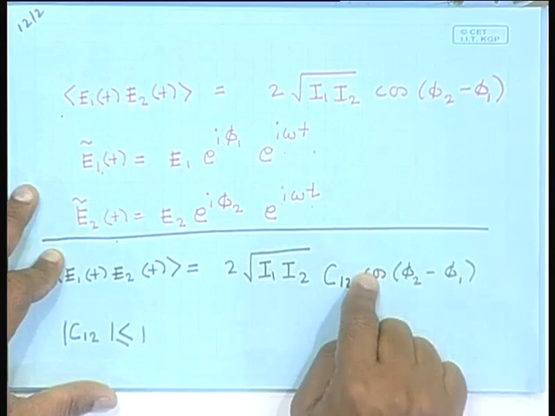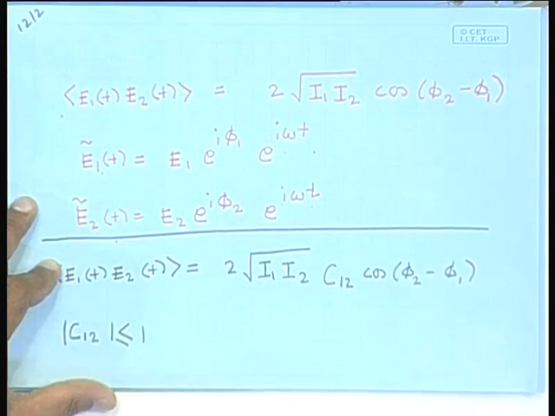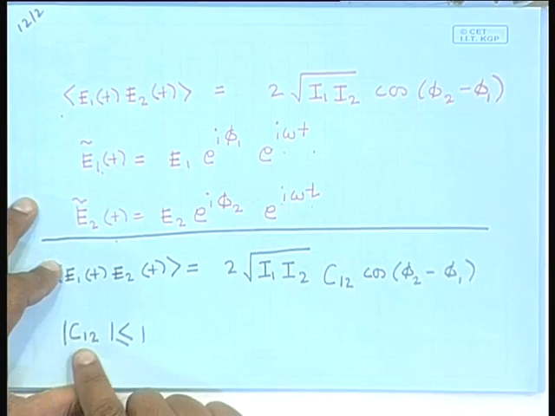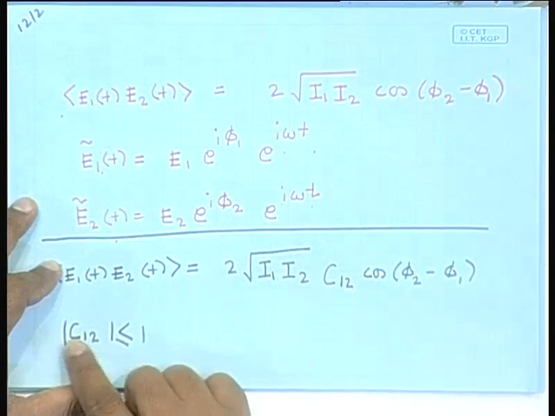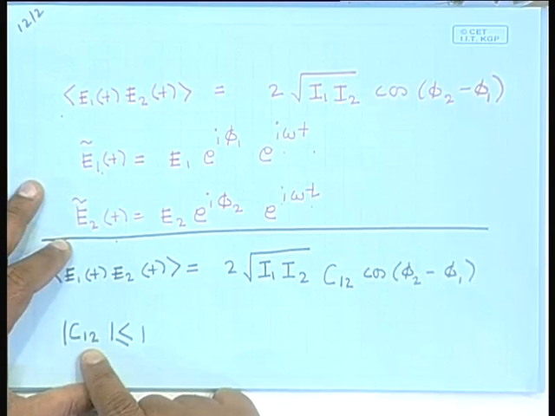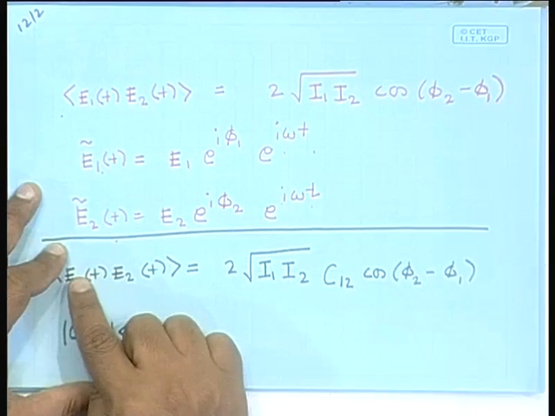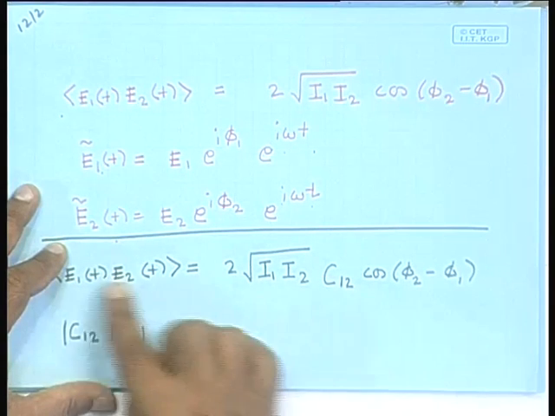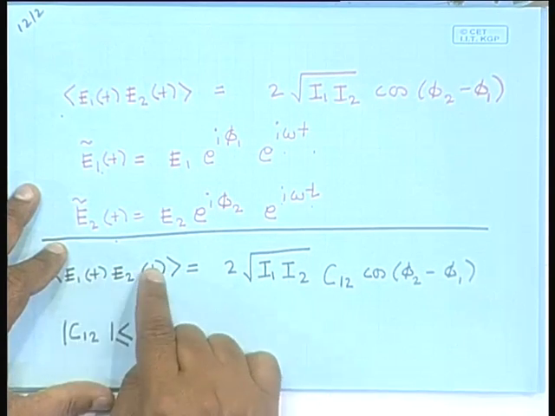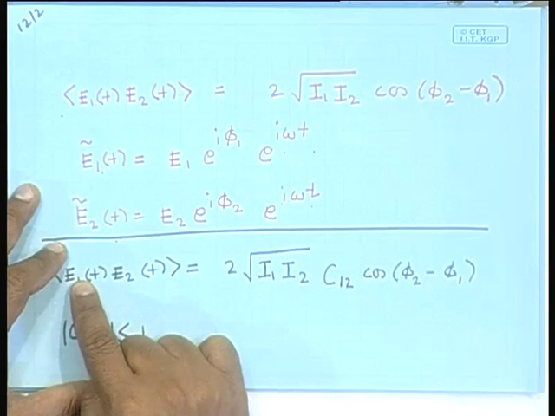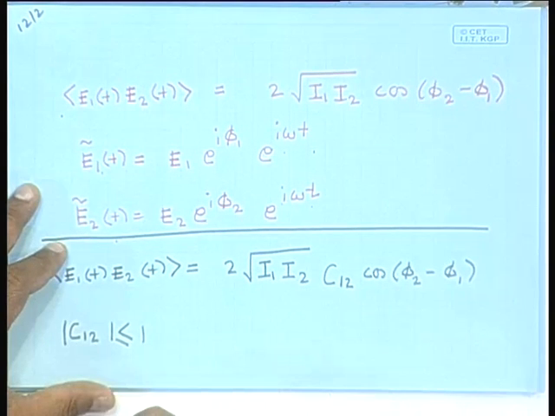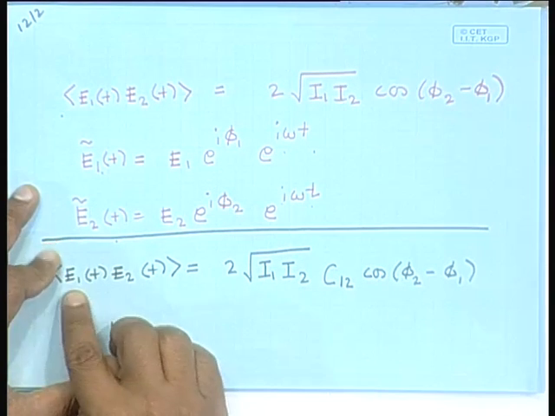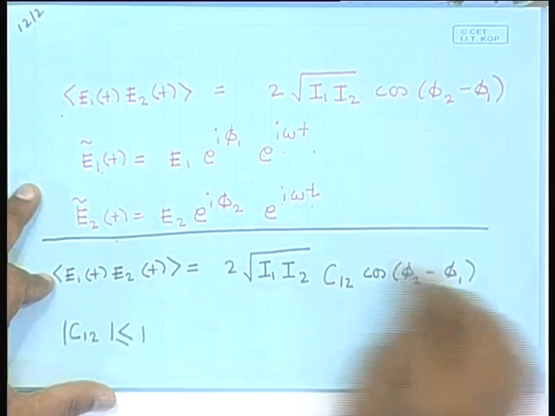So, this quantifies how much coherence you have between these two waves, and the modulus of this number is going to be less than or equal to 1. It is going to be less than 1 when you put in the fact that both of these waves have some spread, and it is going to be equal to 1 when both these waves are precisely sinusoidal waves of the same frequency. So, this degree of coherence is going to fall the moment you incorporate the fact that you have a spread in frequencies.